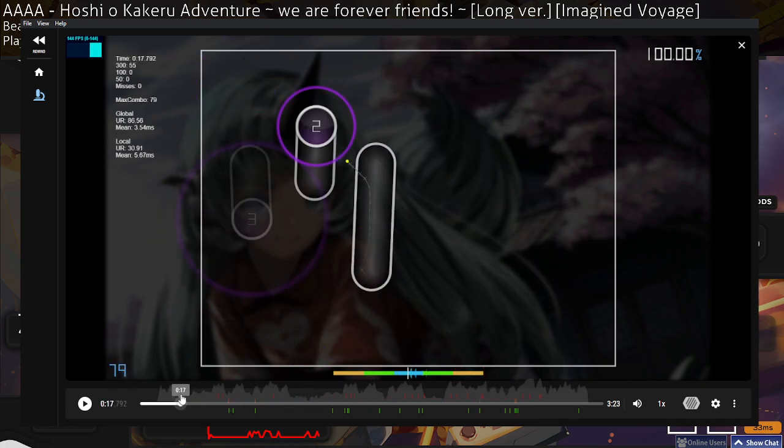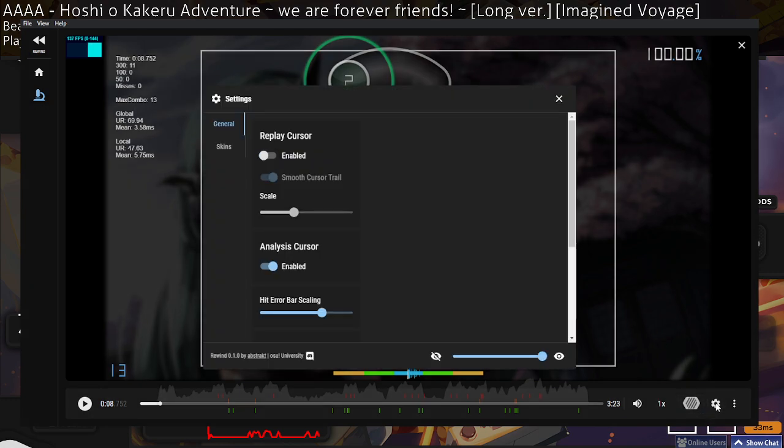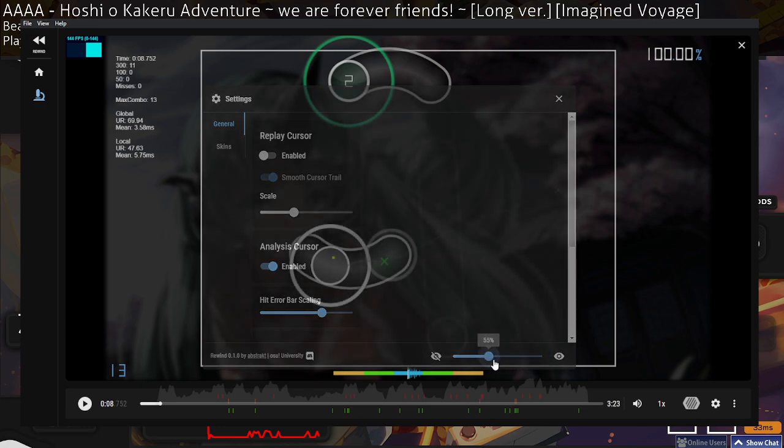So you can see the cursor. Okay, let me just go to the settings option. Settings, and you can't move this box, but you can make this dimmed if you'd like, and you can show the actual cursor, which is on by default, although personally I have it off, or if you do want to have it on, you can also make it a little smaller. Personally, I have it off, so I just show the analysis cursor, which is the thing that you see right now.